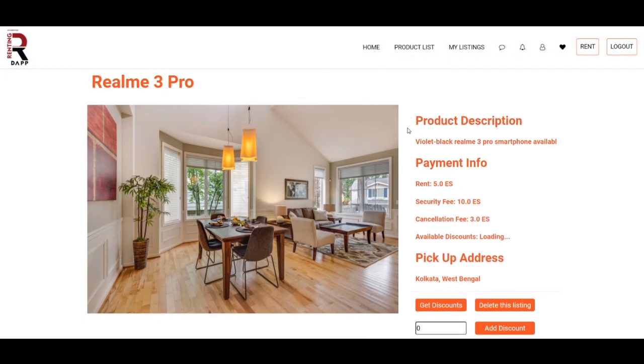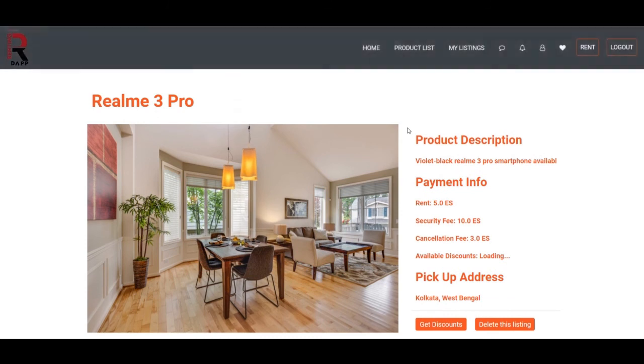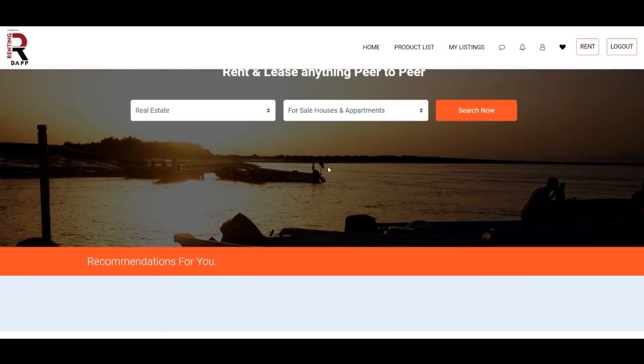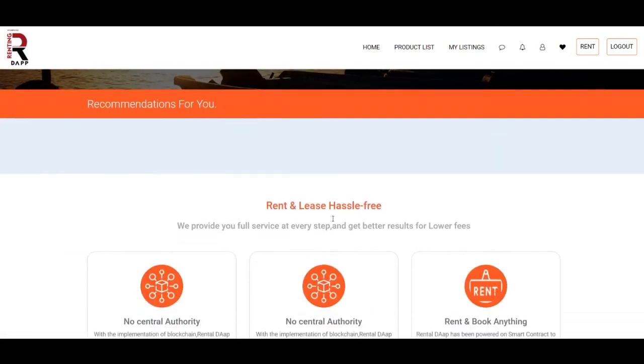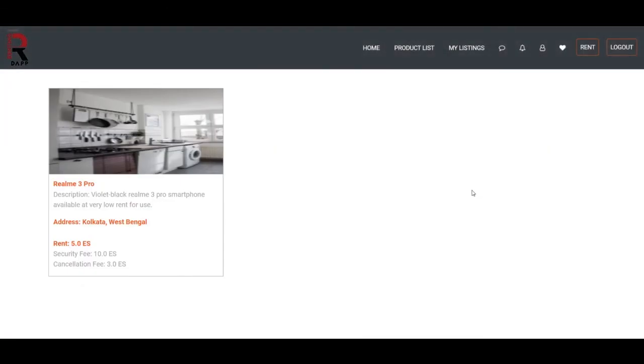So this was pretty much the function of the entire renting system. There needs to be some notifications involved about these steps being concurrently done so that the other person knows. And other things, well, you can see there is a search bar here. You can actually search for categories and subcategories. Like if I go for mobiles here and Android here and search now, so this is the one here, Realme 3 Pro, which I just listed.